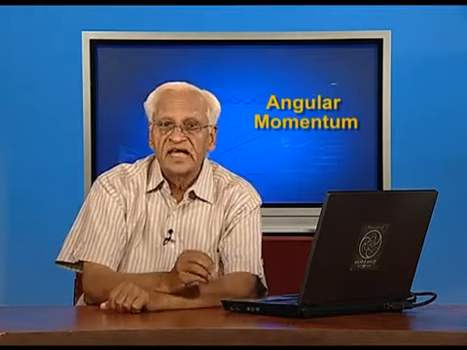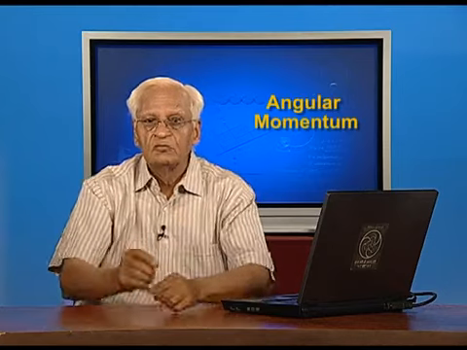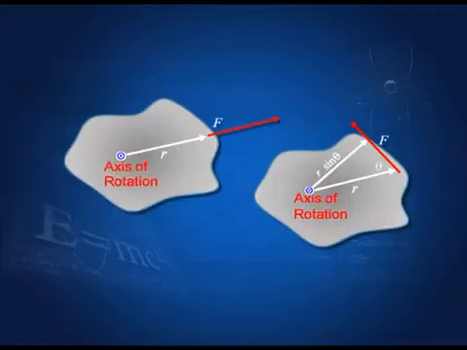Here, if we want to change the angular momentum, we have to apply what is known as a torque. Let us see what the torque is. Here is a rigid body rotating about the axis of rotation, which is outside the plane of the screen, and F is the force which acts at this point at a distance r from the axis of rotation. The angle between r and F is theta, and this perpendicular distance between the force and the axis of